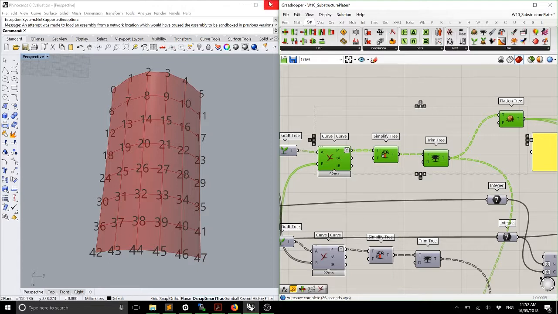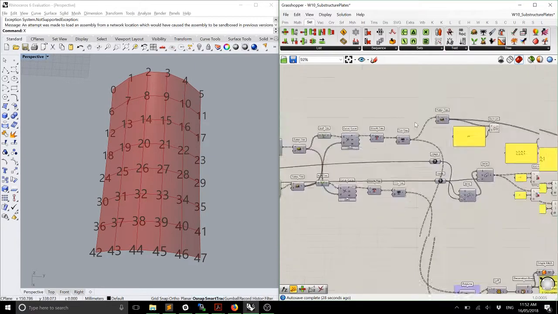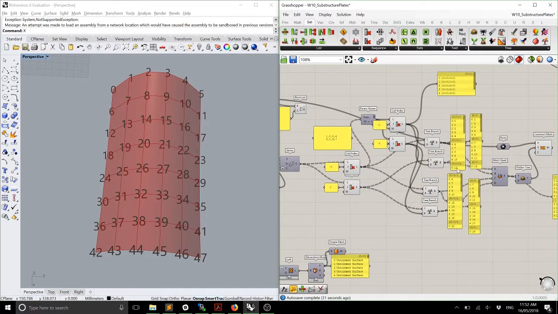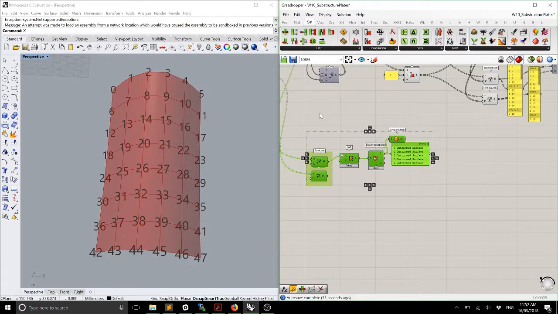Okay, so look how much effort it took to make that compared to that. So this isn't necessarily the right way to do it. It's just